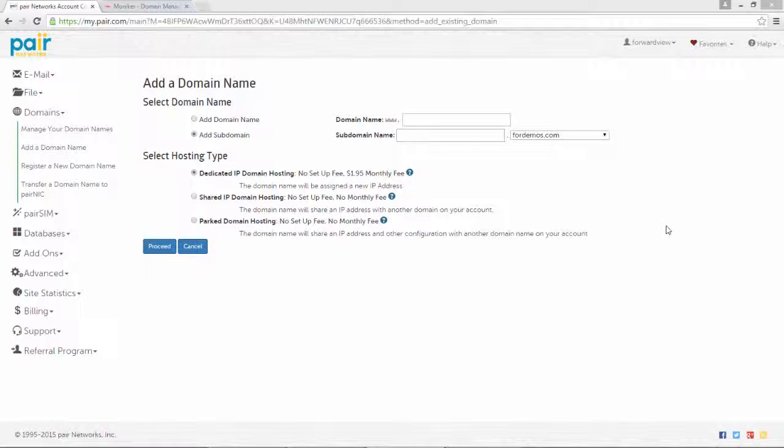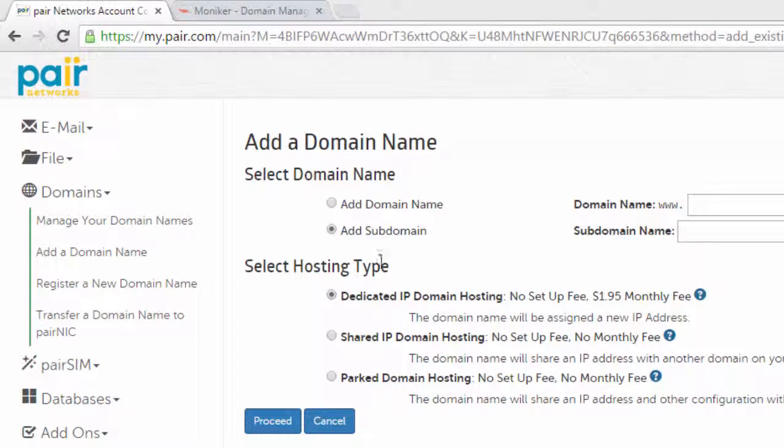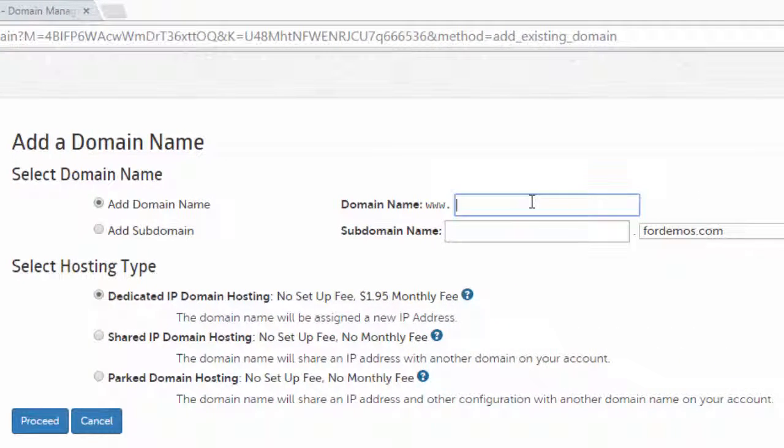Okay, so once you've got your name and your web hosting, you need to add your name to your web hosting. So I've logged into my Pair account here, and you can choose add domain name. Okay, and I've got a web address already hosted here, but just for example's sake, let me just fill it in. So for demos.com, so I would be adding the domain, or the new domain I've registered here,